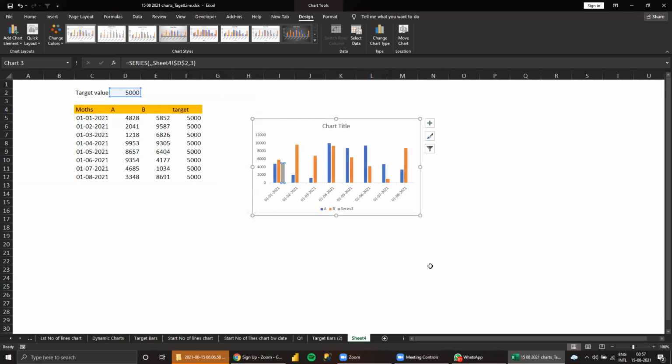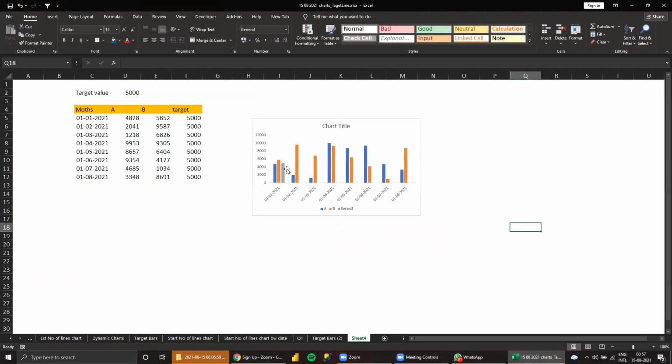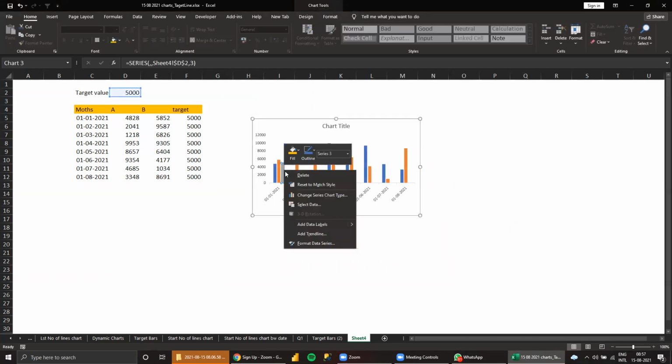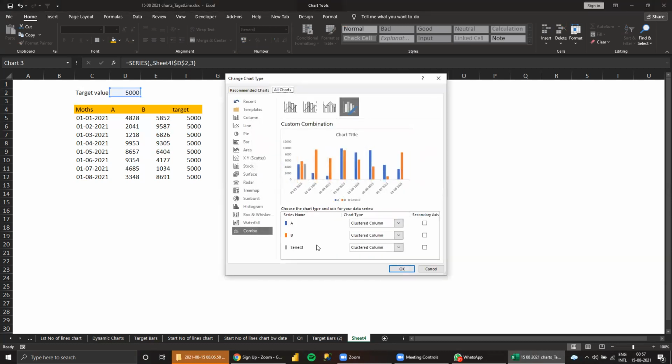Everything is getting changed. This is a little tricky.